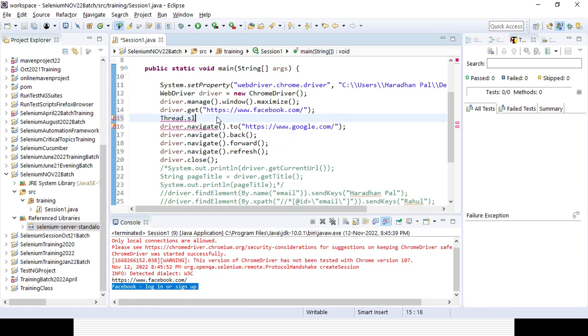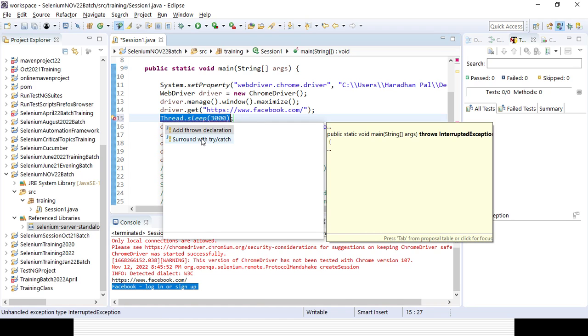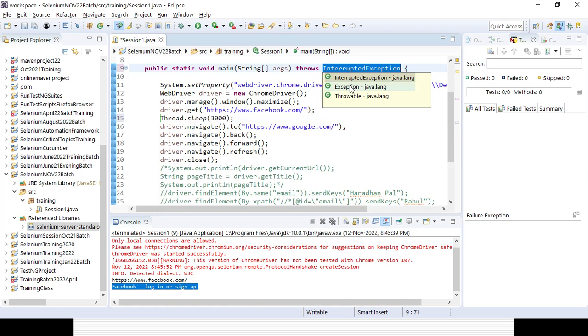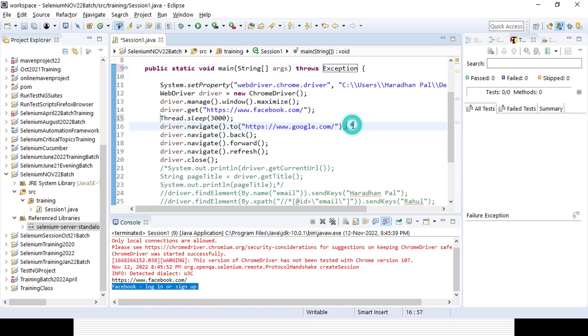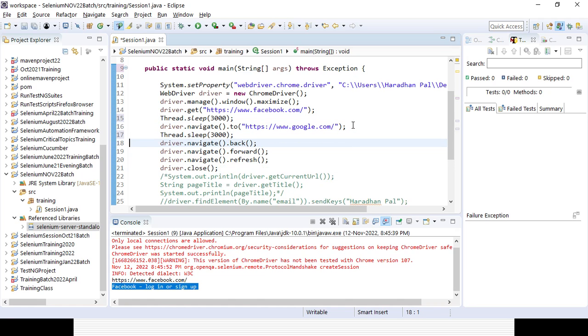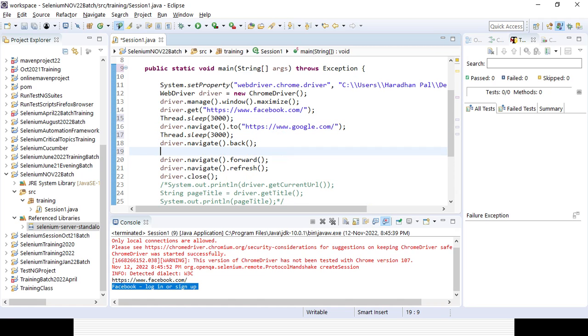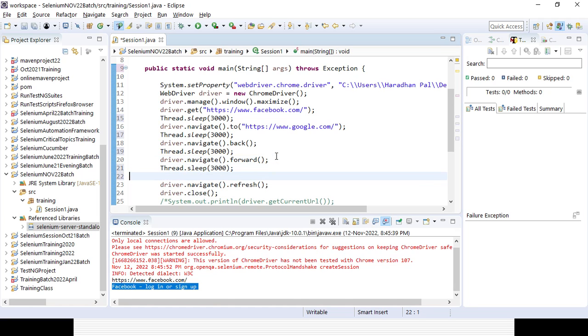3000 milliseconds. In case you are using Thread dot sleep, you need to surround it with a try catch block or a method declaration with throws. That part will be covered in an upcoming session, no need to worry right now. But in real time we will not be using Thread, because every time it will be sleeping, so your overall time will be more. 3 seconds each, in case you need to interact 100 times, you are simply wasting 5 minutes. But for navigating purposes and initially, you can give the thread.